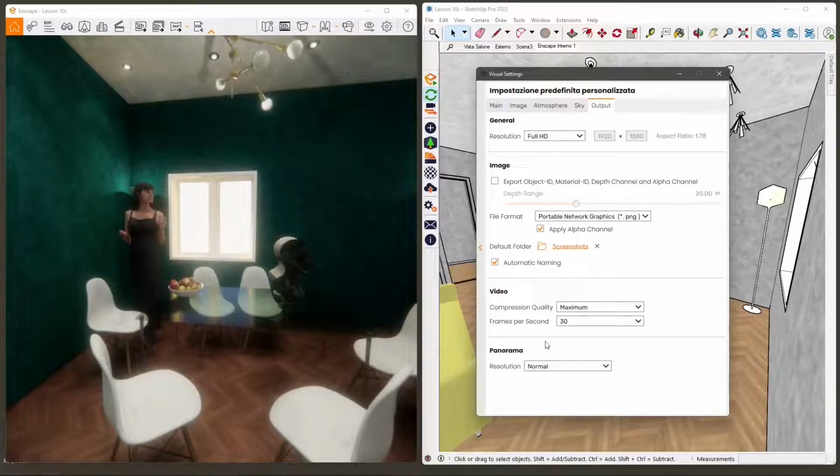Now you can see we find here some settings we already talked about, like the compression quality for the video in this case. So when you export a video, you can choose here the compression, which could be lossless. If you want to edit the video in another software like After Effects or Premiere Pro or Nuke or whatever video editor out there, in that case you probably want to do lossless, because you will compress and do everything else when you are in a video editing software. So this is going to export in the best quality so that you can continue to work at the best quality in other software. But for example,